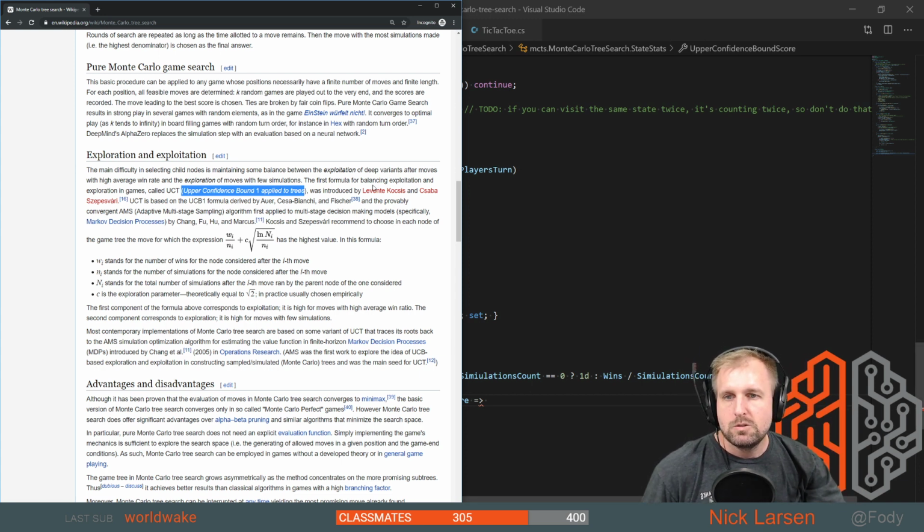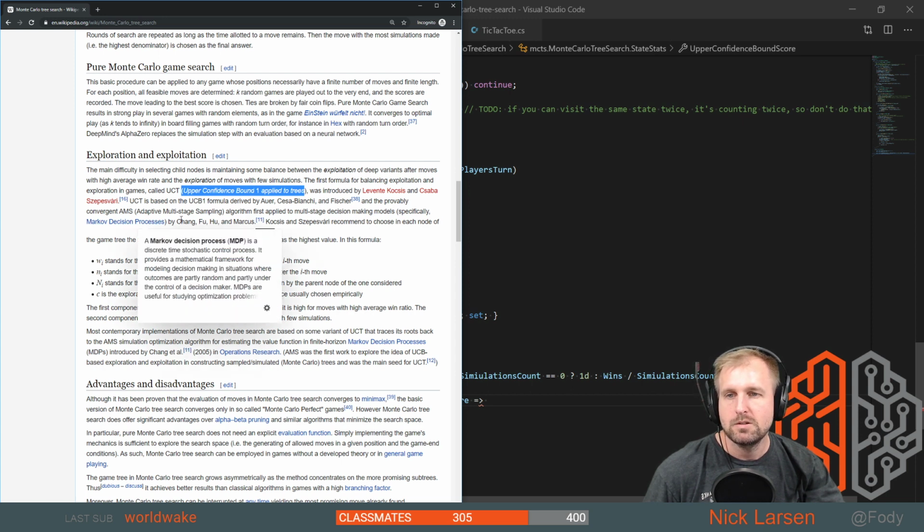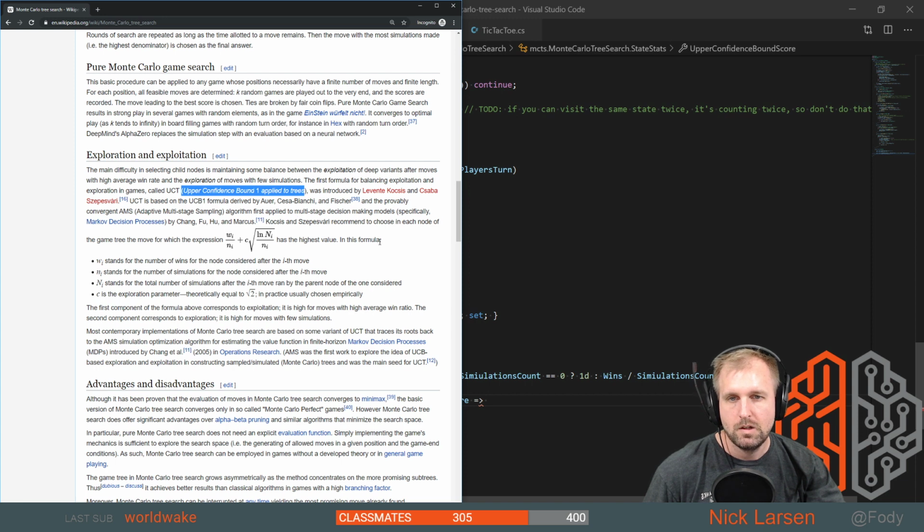And it was introduced by these folks. UCT is based on the UCB formula derived by these folks, and the provably convergent adaptive multi-stage sampling algorithm first applied to multi-stage decision-making problems, specifically Markov decision processes, by these folks. Alright, recommend to choose in each node of the game tree the move for which this has the highest value,